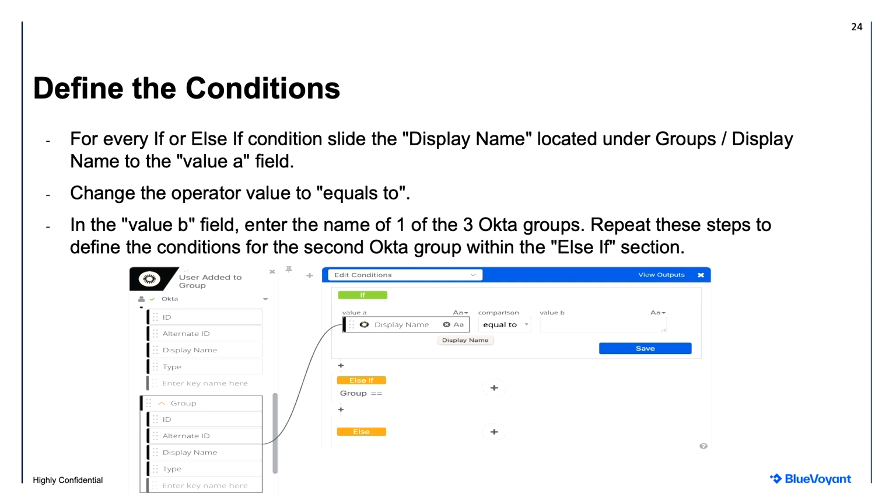And we'll want to define the condition to be the display name of the Okta group has to equal whatever Okta group you want it to be, which in this situation would be Okta group 1, 2, and 3. And you will specify the names within the value B field. So once you've done that,